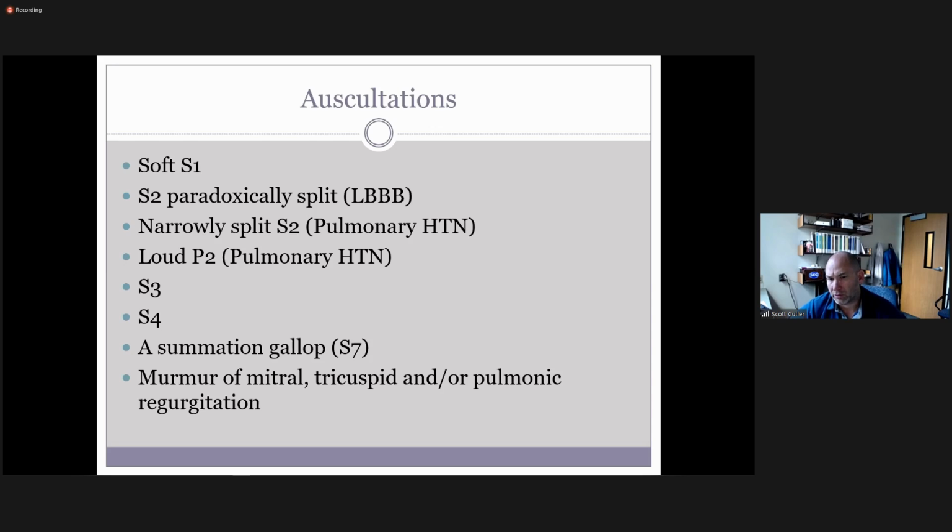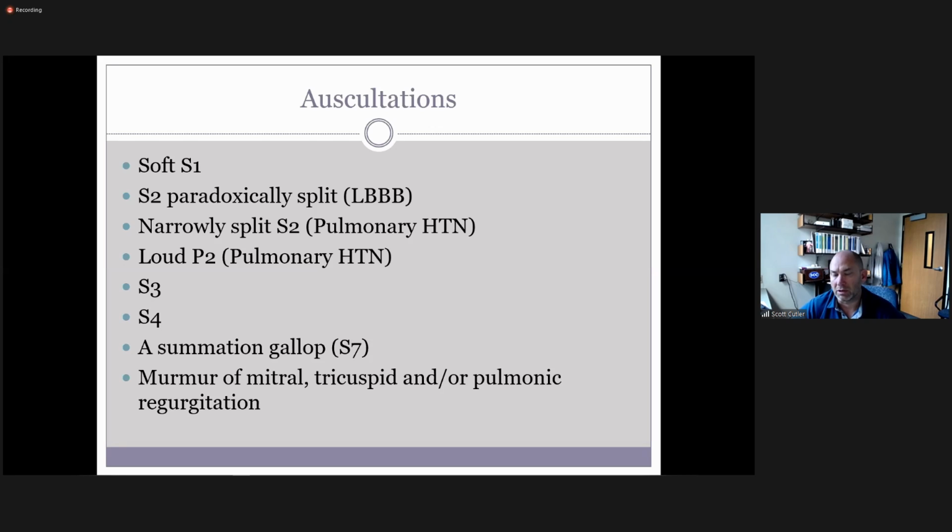So what does paradoxical mean again? Like opposite of the norm. Yeah, so opposite of what you would expect, right? So it's just going to split, and that's in particular with a left bundle branch block that may develop. A narrowly split S2 is going to be an indication of pulmonary hypertension. So if we get super high pressures on the pulmonary side, it's likely to close before the aortic valve does. So you're actually going to hear the P2 before the